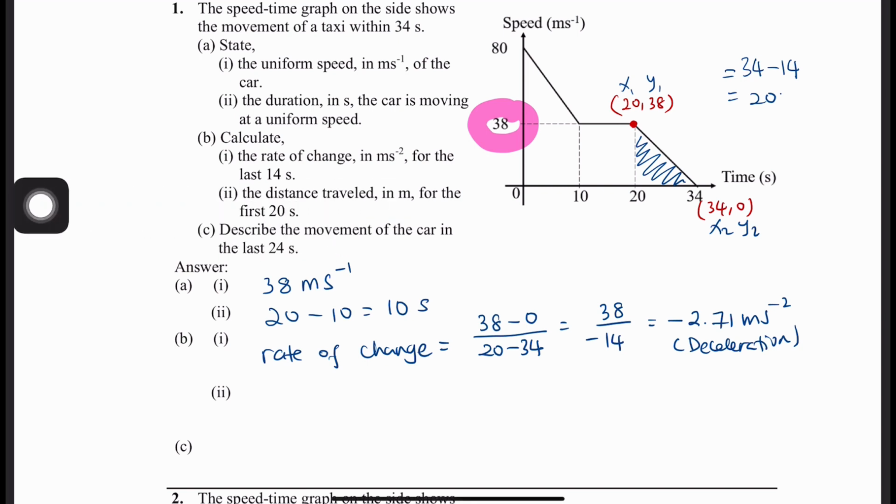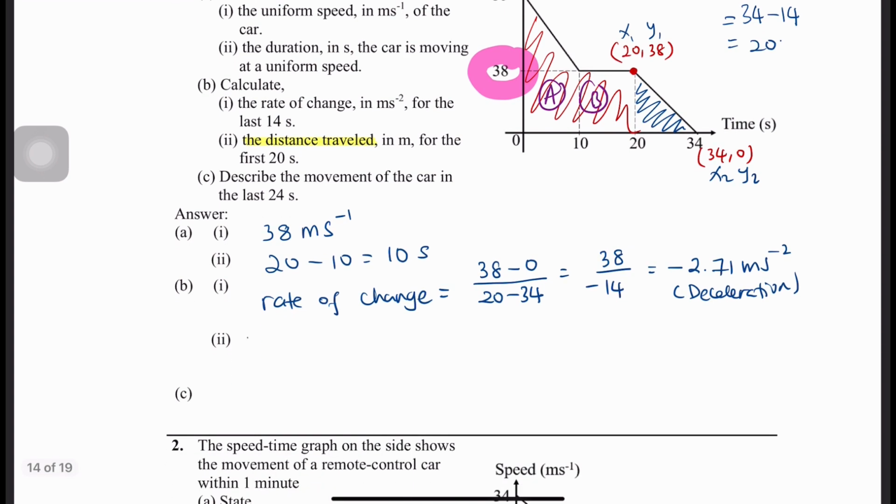Distance travel. Apa maksud distance travel? Area under the graph. Okay, area under the graph for the first 20 second. So 20 minit pertama, yang dua ni lah, 0 until 20. So this one, this part is the first 20 seconds. So basically you have two shapes, A and B. Okay, so kita boleh tulis, okay, distance travel in the first